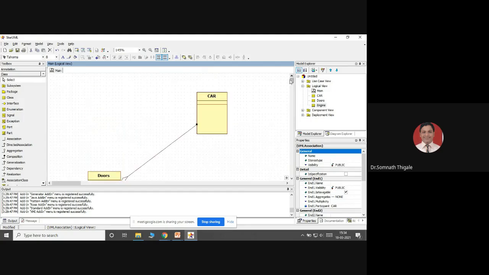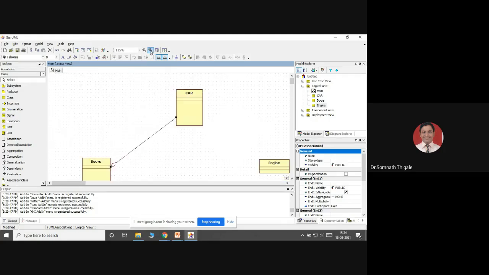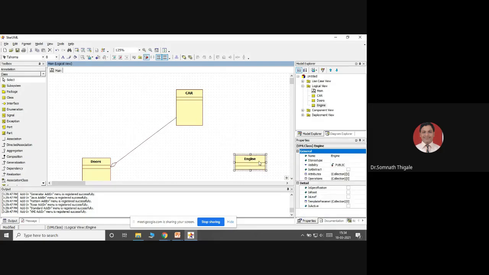Now my next question: is it possible to drive the car without the engine? No, correct, your answer is correct. So the relationship between whole and part is of a stronger type, and we can use composition. This indicates the strongest relationship, which we call composition.